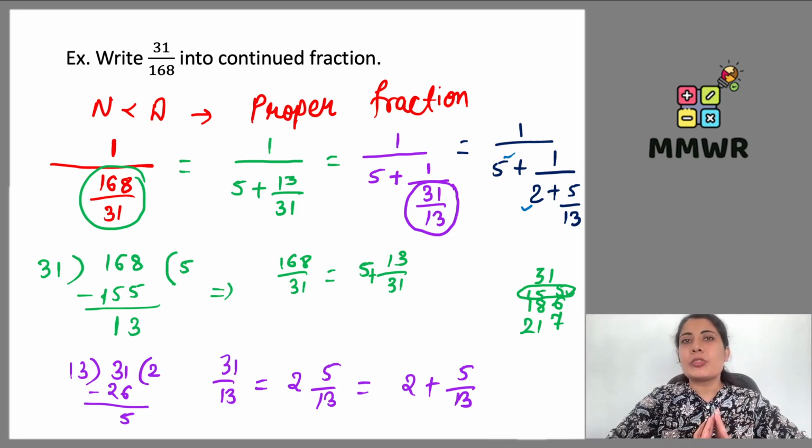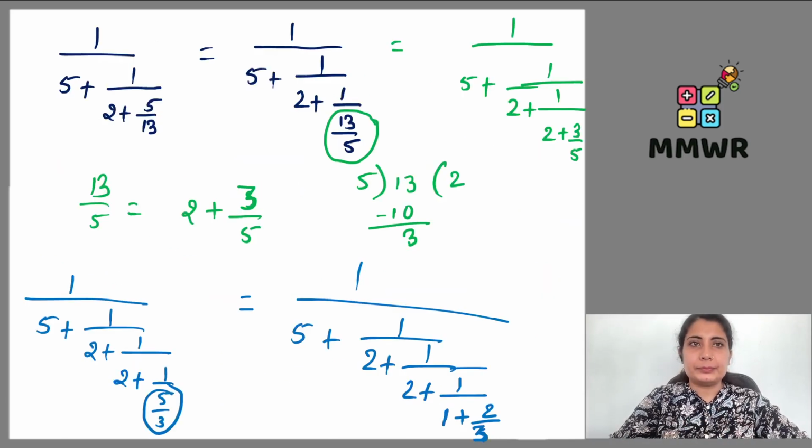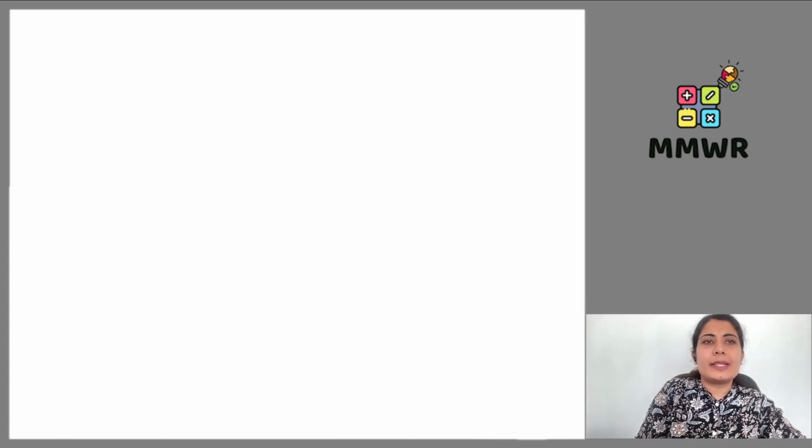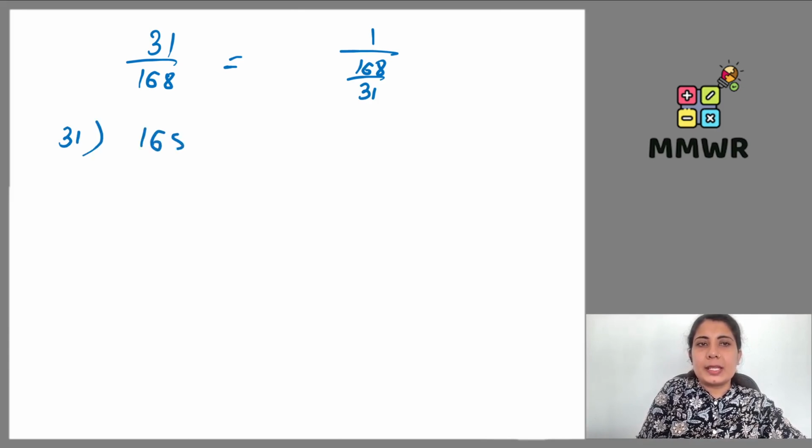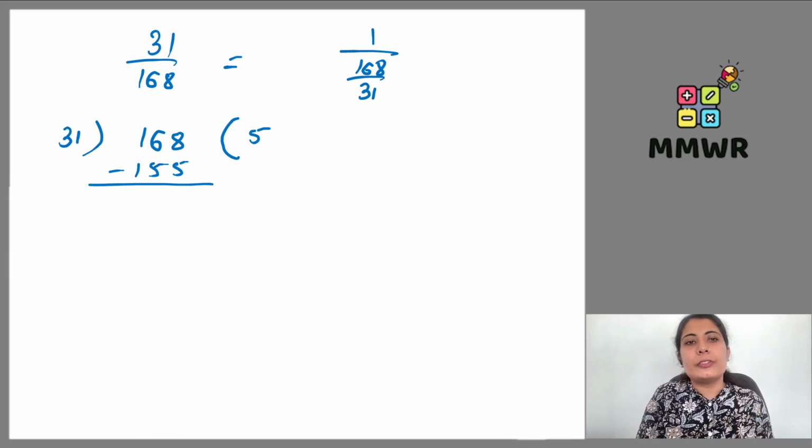What do we have to do actually? Let's see that. 168 upon 31 is given. First, you have to write it as 1 upon 31 upon 168. Now, quickly divide 168 by 31 and it will be divisible 5 times. 155 you are getting. As soon as you get the first remainder, which is 13, you will be dividing this